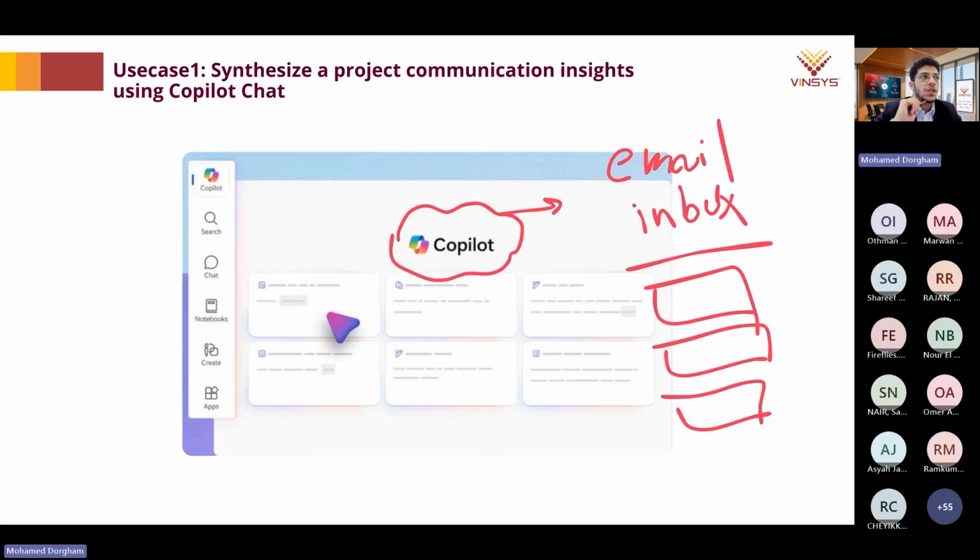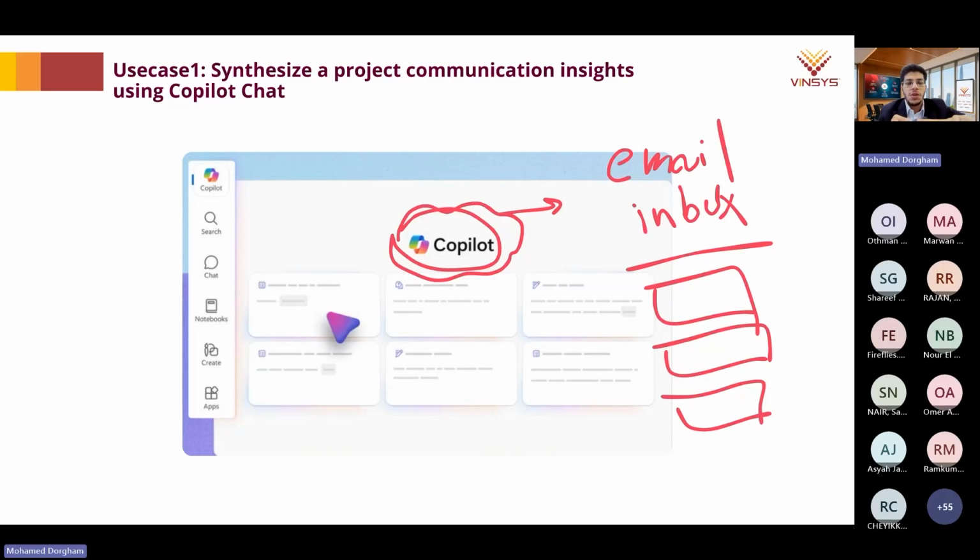Another thing I forgot to mention: Copilot is another AI system, but what's the main difference between Copilot and other AI systems such as ChatGPT? ChatGPT you can think of as an external software you're using, outside your organization context. So it's like a third-party system. That means any data you're sharing with this AI, you're going to need to download to your local machine and upload to ChatGPT, which involves two main things.